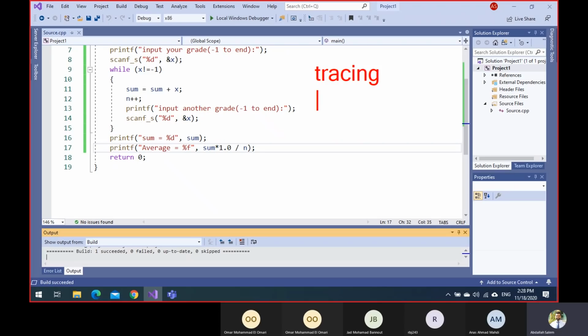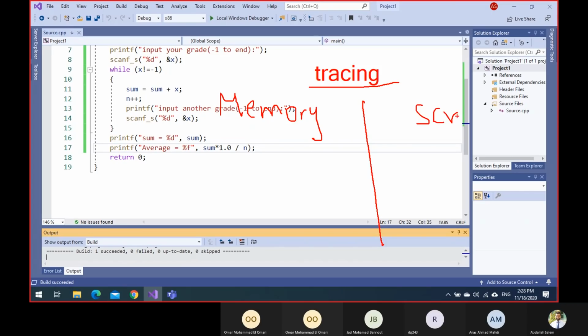In tracing computation, you will specify a memory section and a screen section, in order to show the execution of your code in the background. In the memory section,